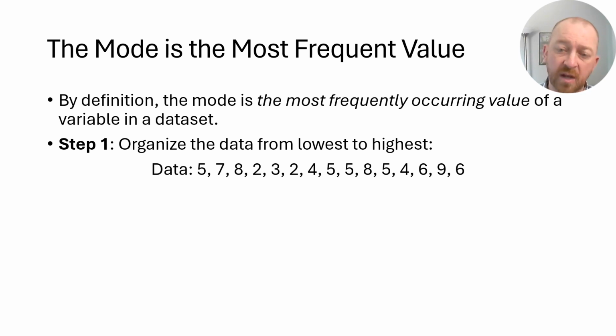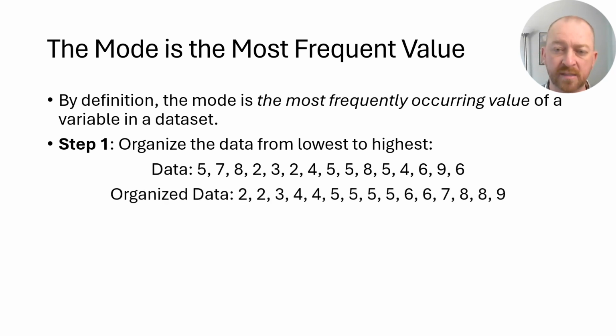So it comes in some kind of random order, and then to find the mode, it's easiest to organize the data. So if you have this data set that came in random order, you put it in an organized fashion from lowest to highest, although it doesn't matter if you put it from highest to lowest, but let's just do that.